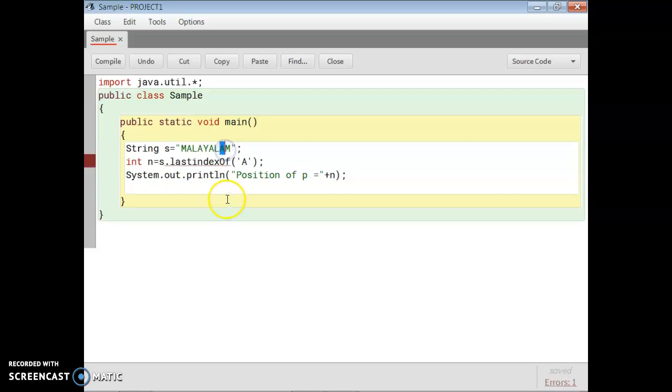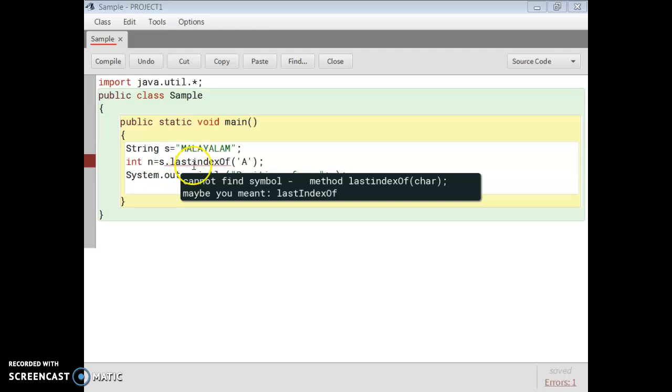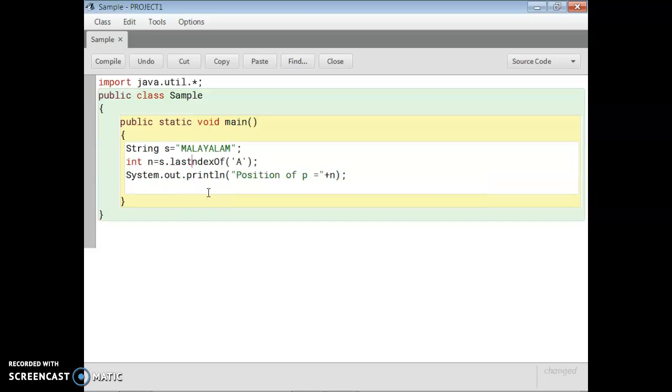The 7th position is the last occurrence of A. So let's compile. Here is a compilation error. In lastIndexOf, the I and O should be in capital letters. Then compile. No syntax error.